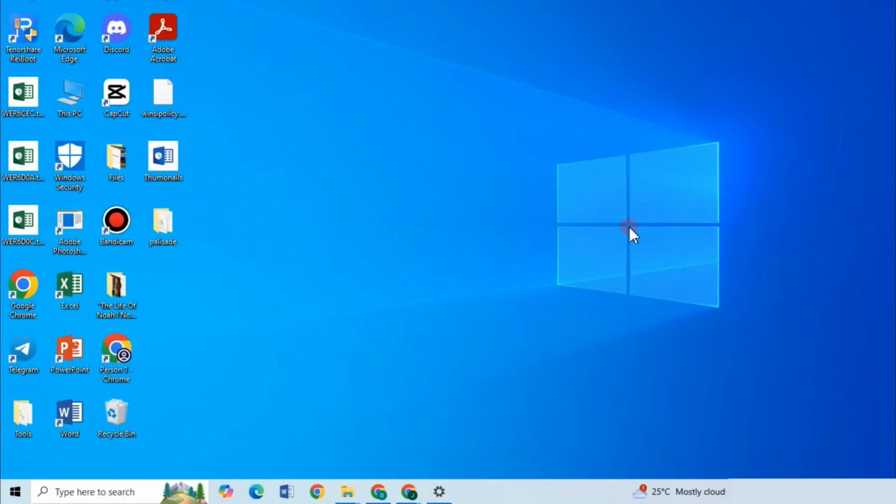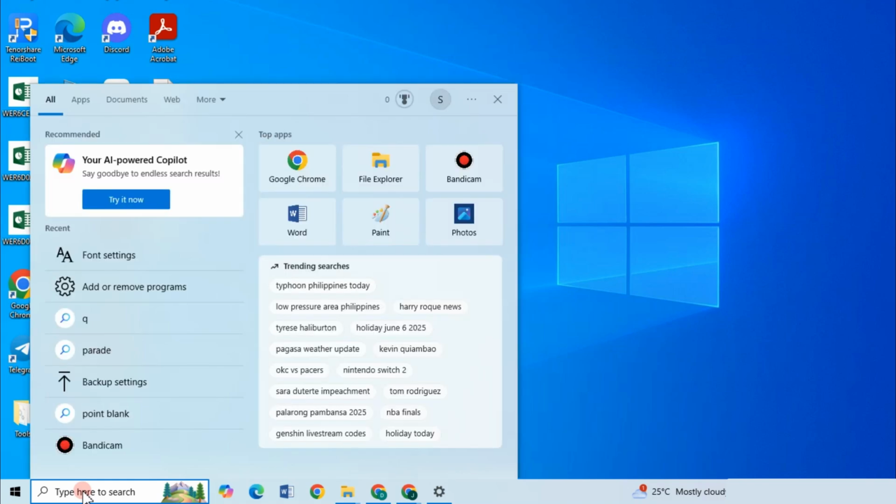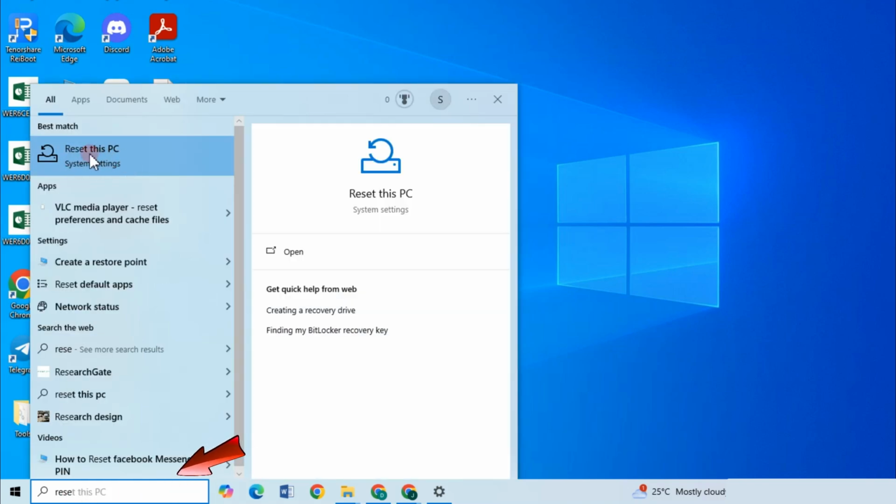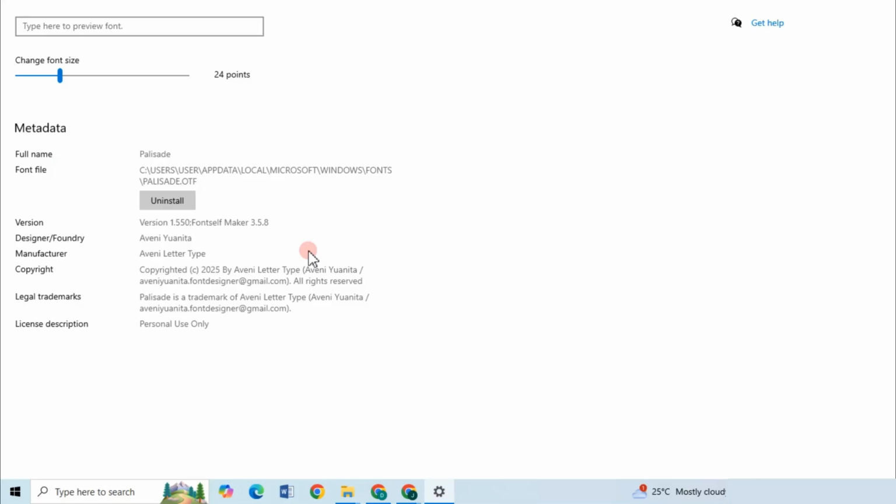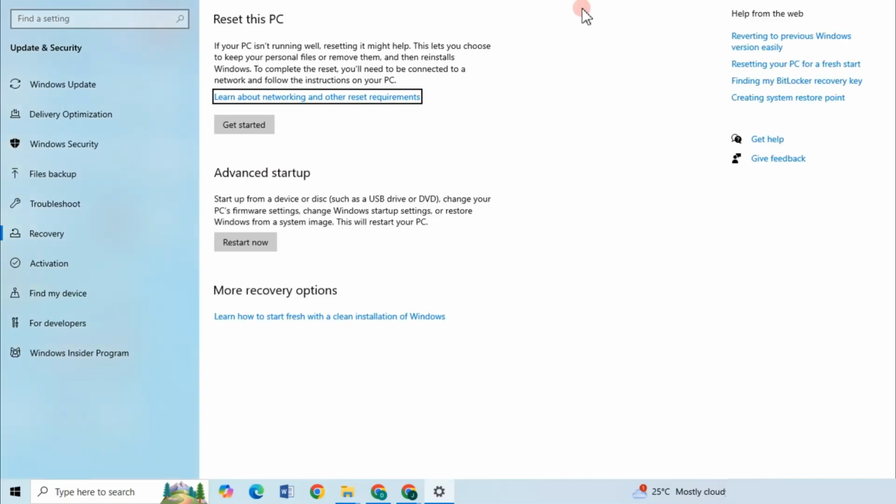So first things first, you can go to your start menu and then search here reset. And as you can see, there is this reset this PC. All you have to do is to open this on your system settings. And here it is. And as you can see, you have this recovery. On the left side, if you can't find this recovery, then you can also scroll down here and then tap